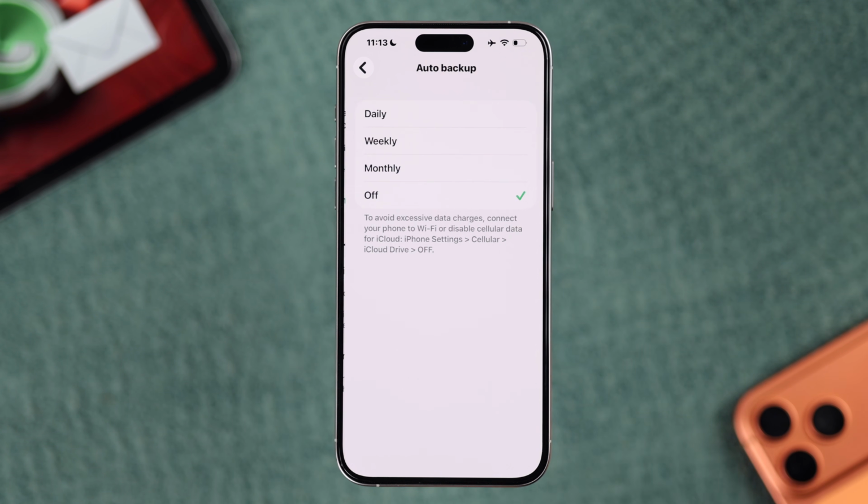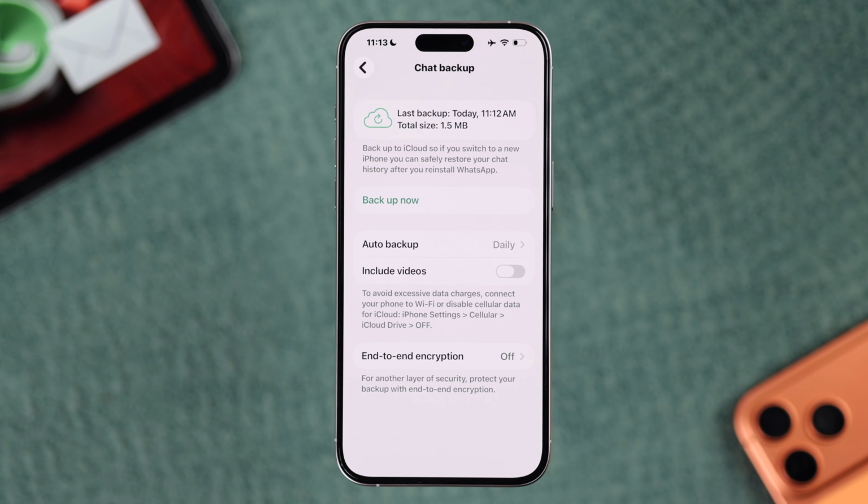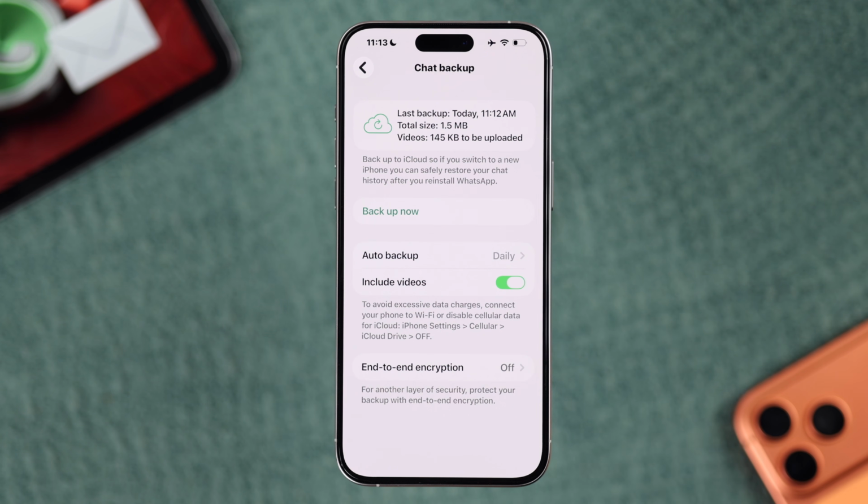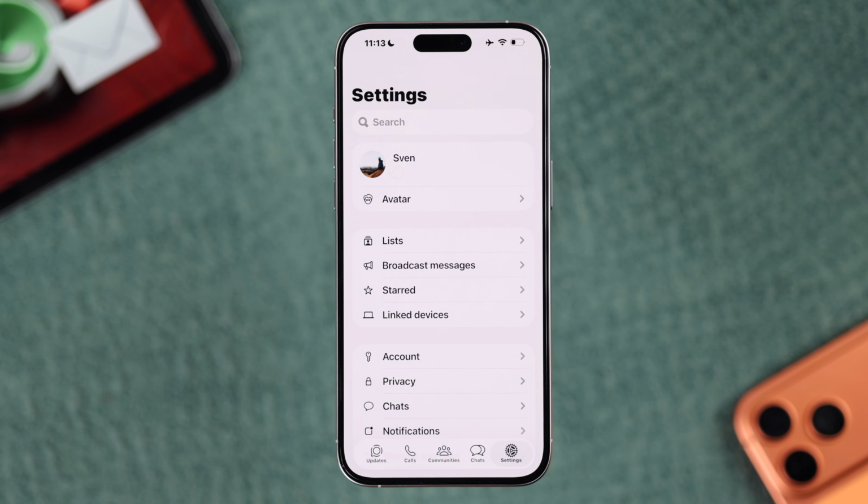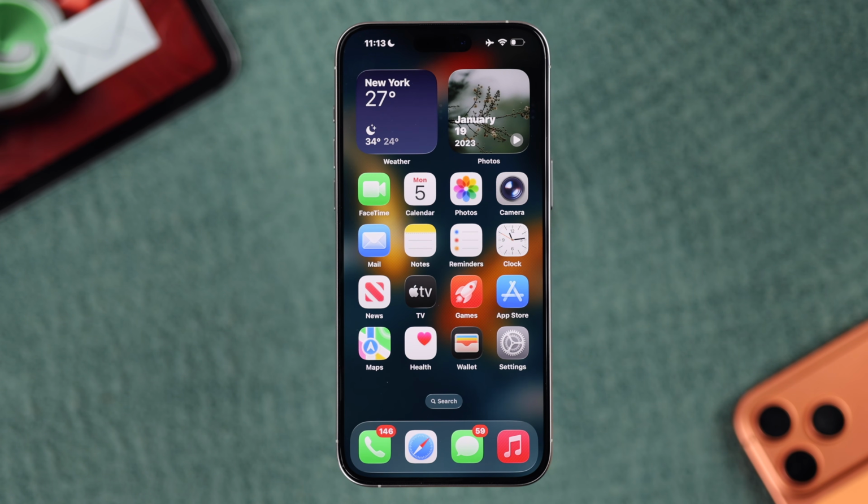After that, you can also turn on Auto Backup to daily, weekly, or monthly, and enable Include Videos if you have enough iCloud storage. After you have done all these steps, you're ready to restore your WhatsApp messages whenever you